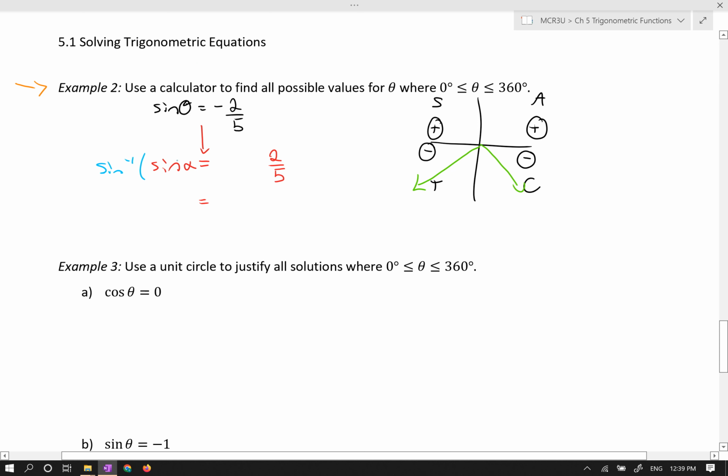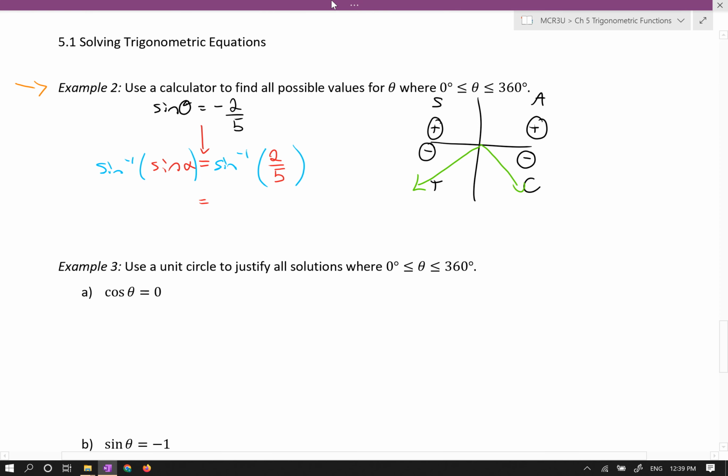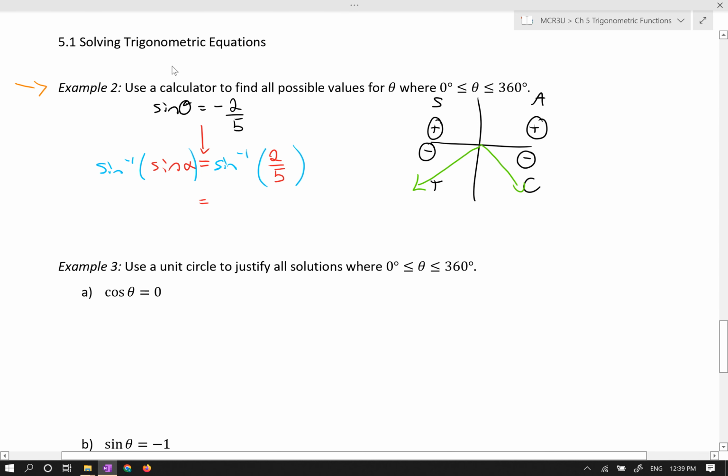This is how we isolate for an angle. We know that the inverse sine, you've been doing this since grade 9. That means we're working with alpha is equal to the inverse sine of 2 over 5. You can throw that into your calculator and find that alpha is equal to